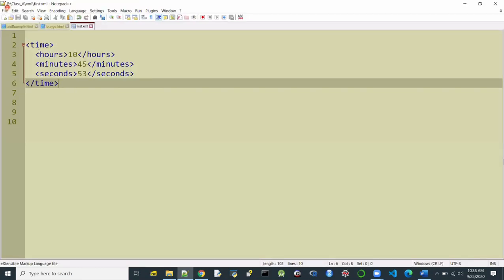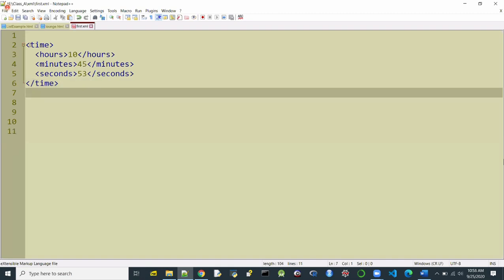Now, suppose this time element that I am using over here is defining a single point of time, a certain point of time. So 10 hours, 45 minutes, 53 seconds.